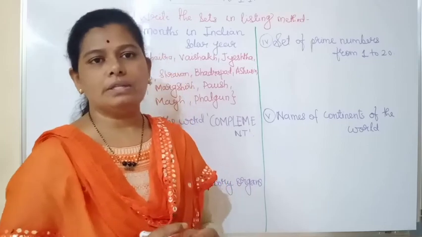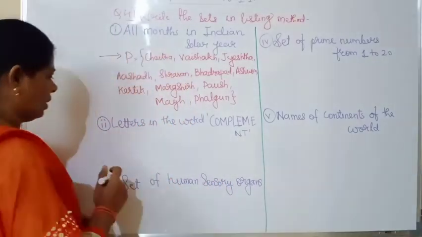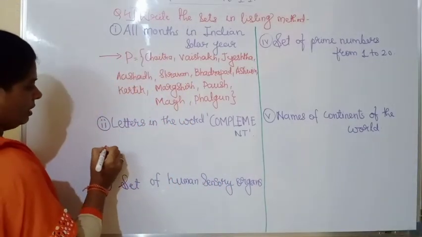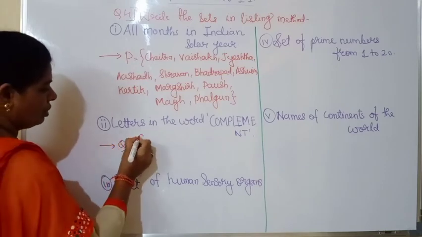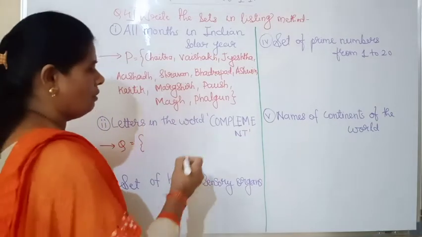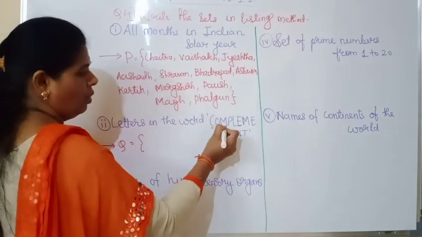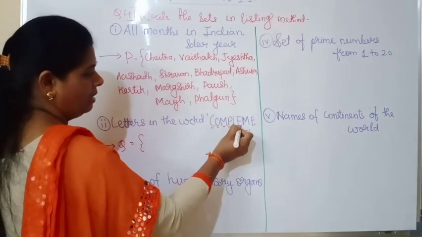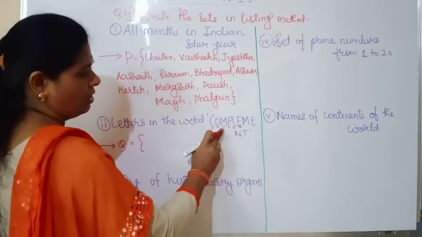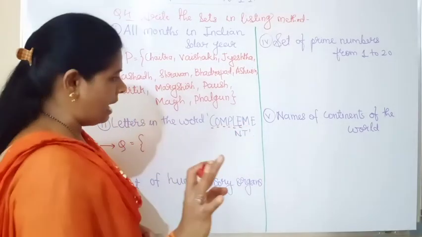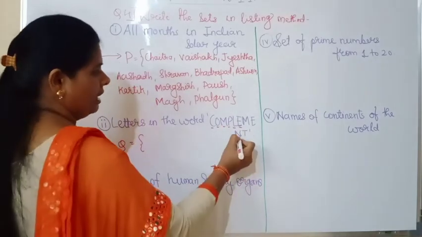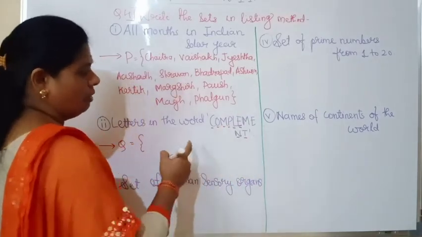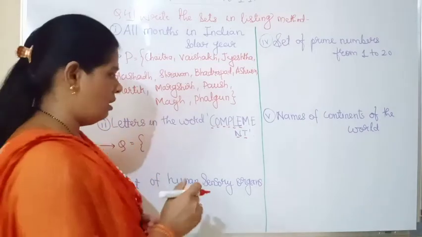We have to make a set of those alphabets. Okay, so now we will write a name to a set, that is Q. Q equal to, which are the alphabets, that is C, O, M, P, N, E. Now M is already here, so we will not write M. Again E we have already taken, we will not write it. Then N and T. So we will make a set of all these alphabets.